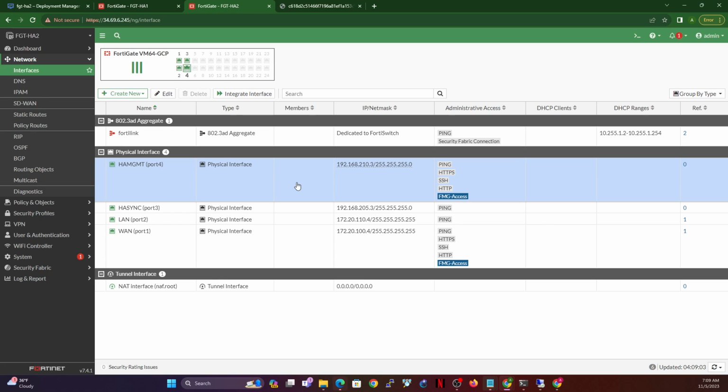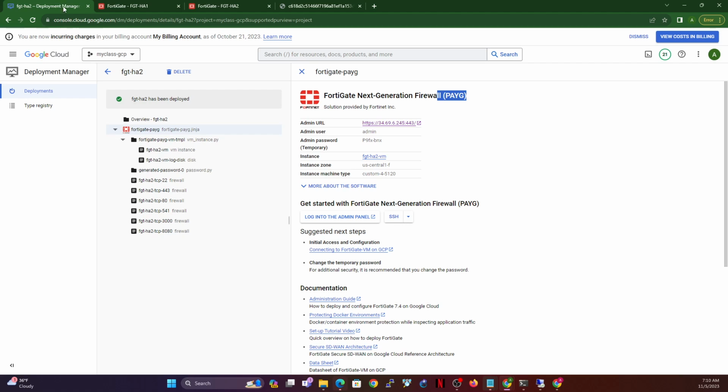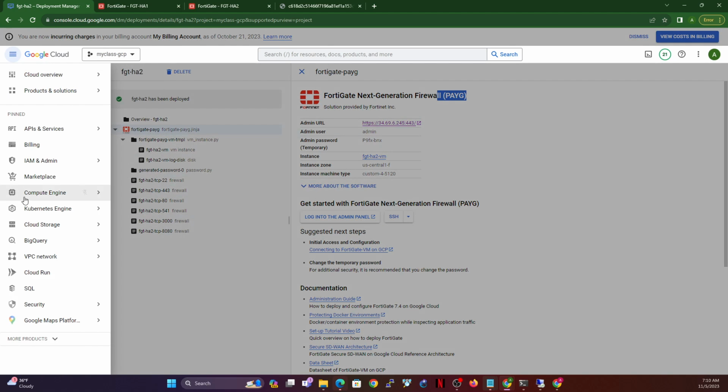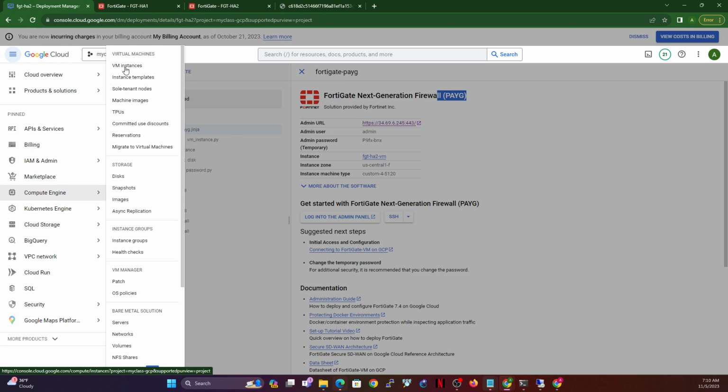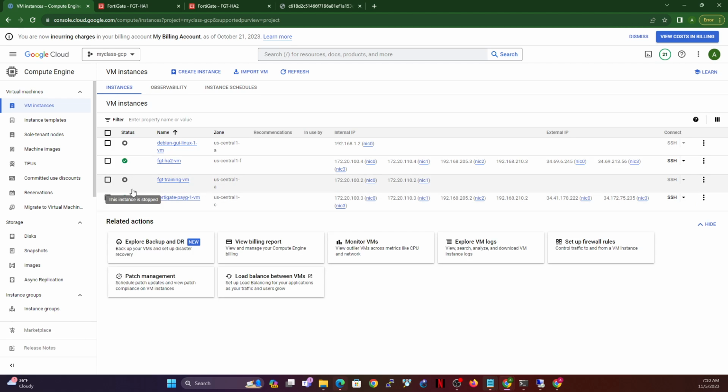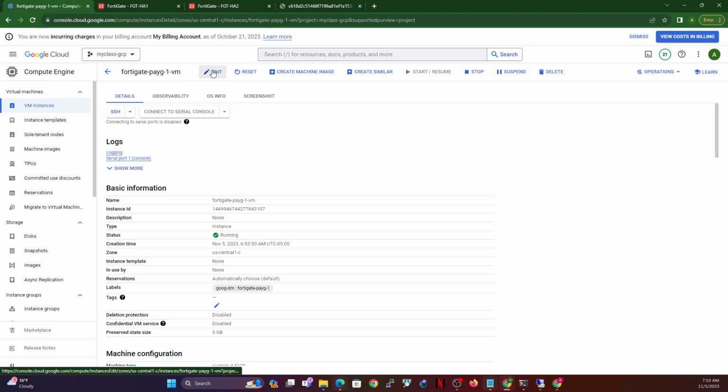You will need to reserve the IP addresses for the internal and for the external as well, because the SDN connector wants to make sure that the IP addresses are static and not changing. When you use ephemeral, they're going to be changing. So what we're going to do briefly is go to Compute Engine, VM instance, choose the first FortiGate, click Edit,